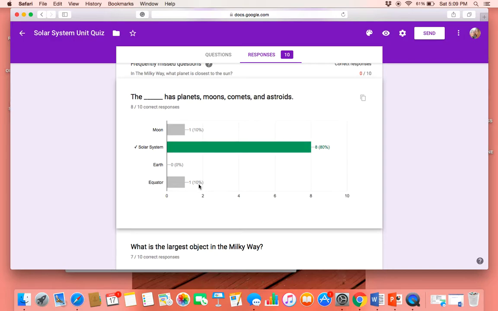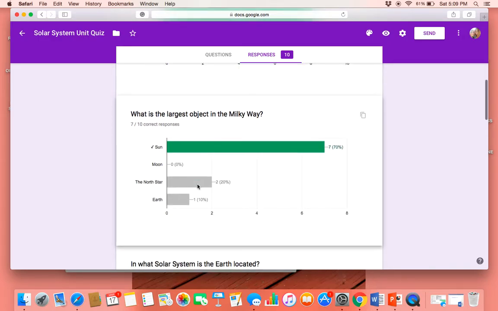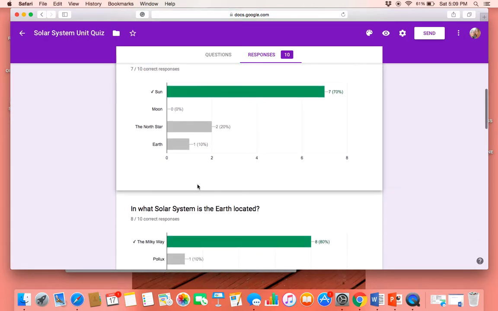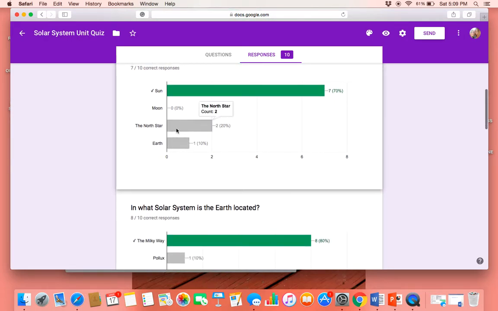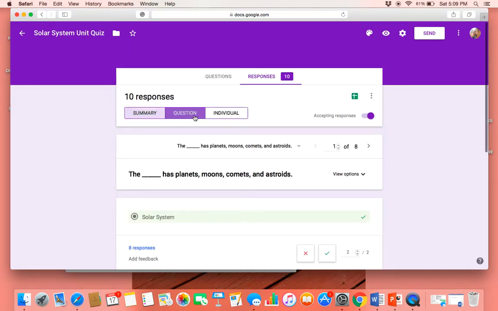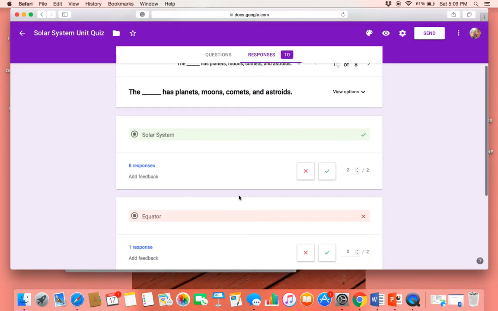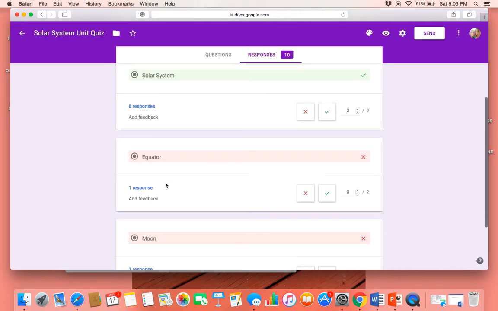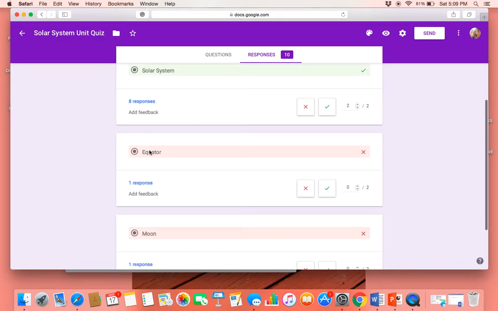10% of individuals answered with the equator, and that was one person. So you can see it says count one, which since I have 10 responses, that's 10%. And so it's really nice that I can see each question and how it breaks it down. And you can go question by question, which I thought was really, really nice. And I can see all the feedback